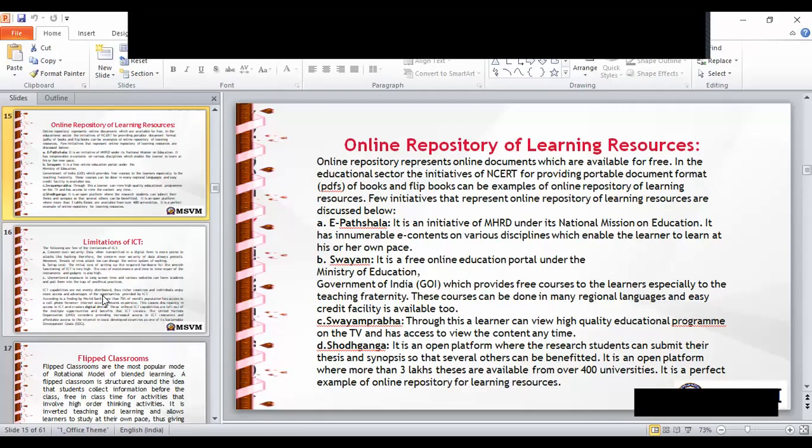In this educational sector, the initiative of NCERT for providing portable document format PDFs of books and flip books can be an example of an online repository of learning resources. A few days ago, we got many kinds of special IT books, many kinds of PDF books, portable digital files.